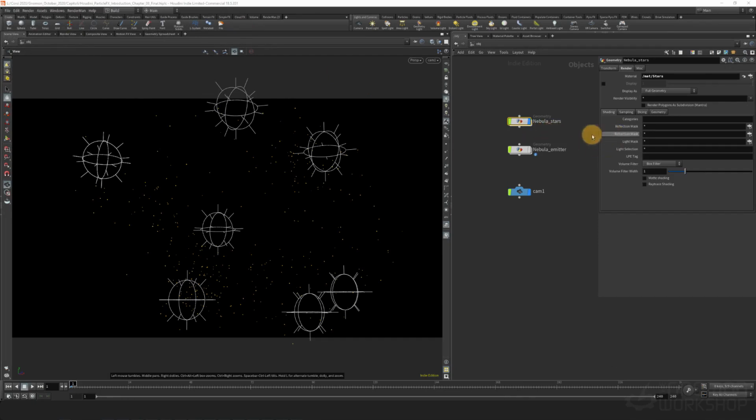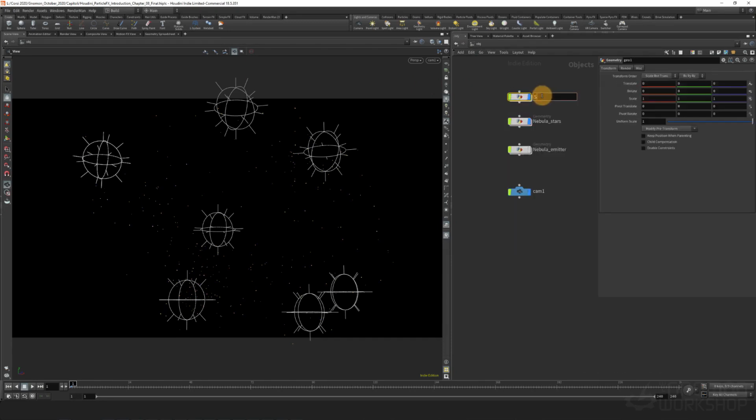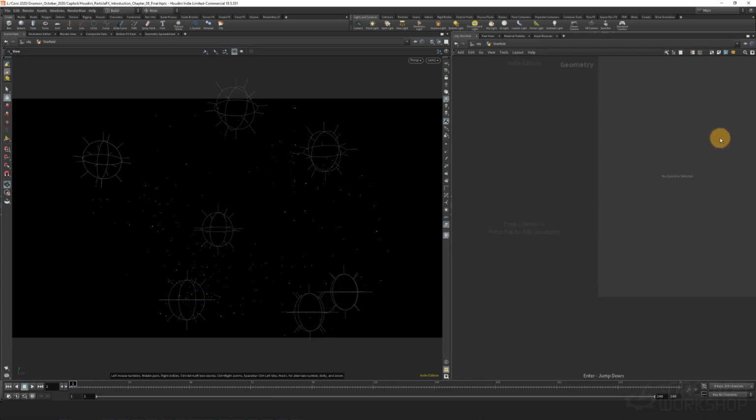Okay, the stars are done about the nebula, and I like to add another level of stars. So we're going to create a star field all around. So a new geometry, let's call it star field. We'll do a really simple setup. We need